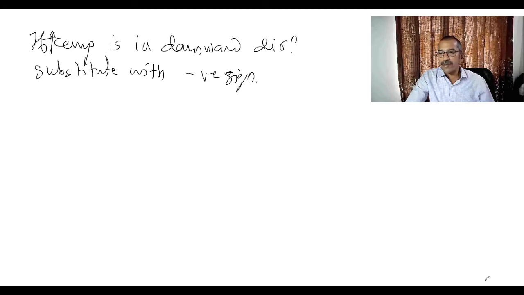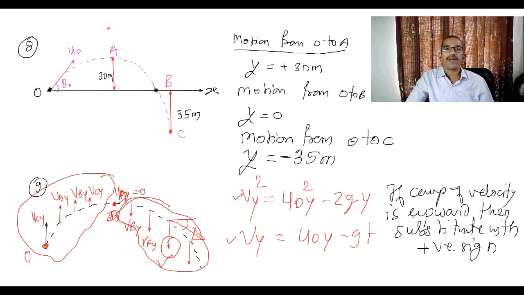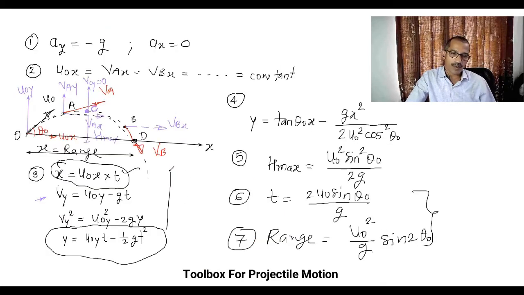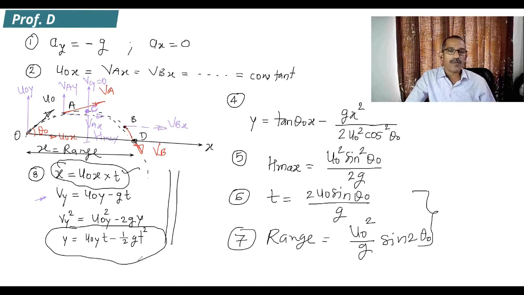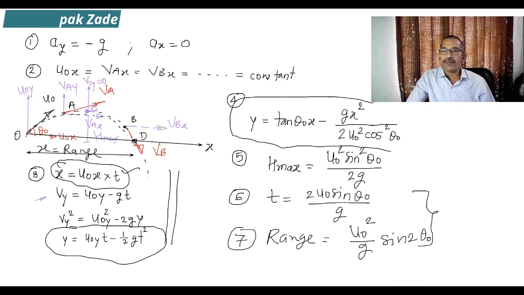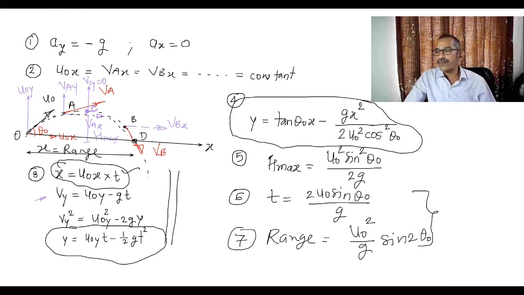That means substitution of Vy is very important, and Y is also very important. Now these equations of motion are very important, and what we are also getting is the equation of path. Now in any problem, first important, these two, time of flight and range, are valid only when the initial and final position lie on the same horizontal line. Now there are four equations of motion and one equation of path.